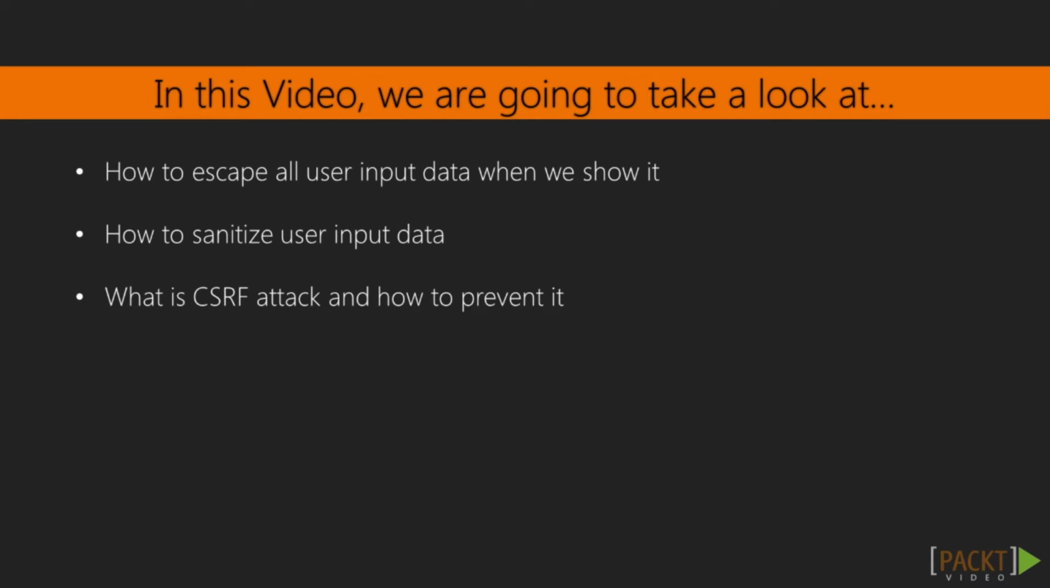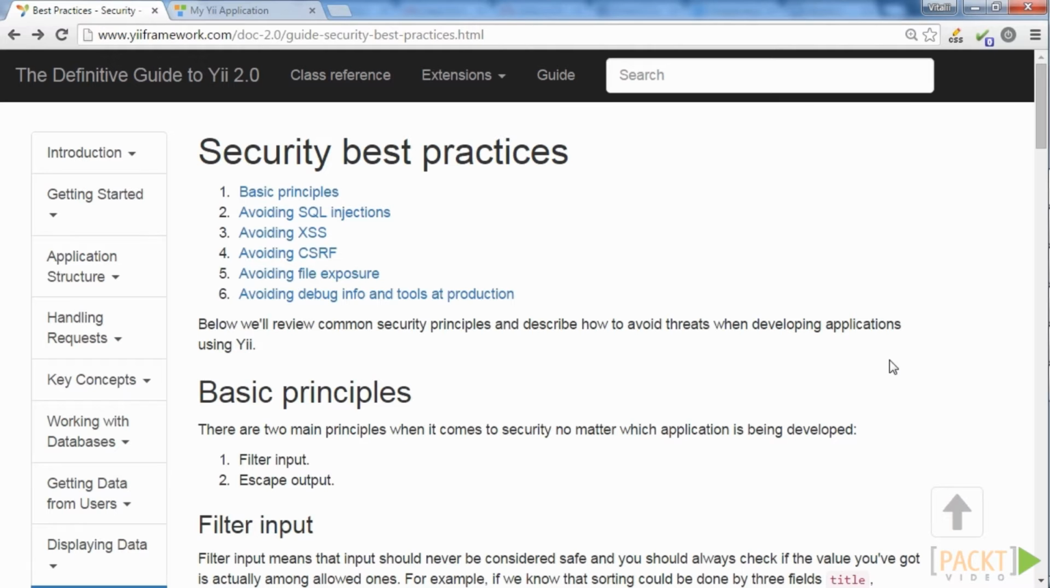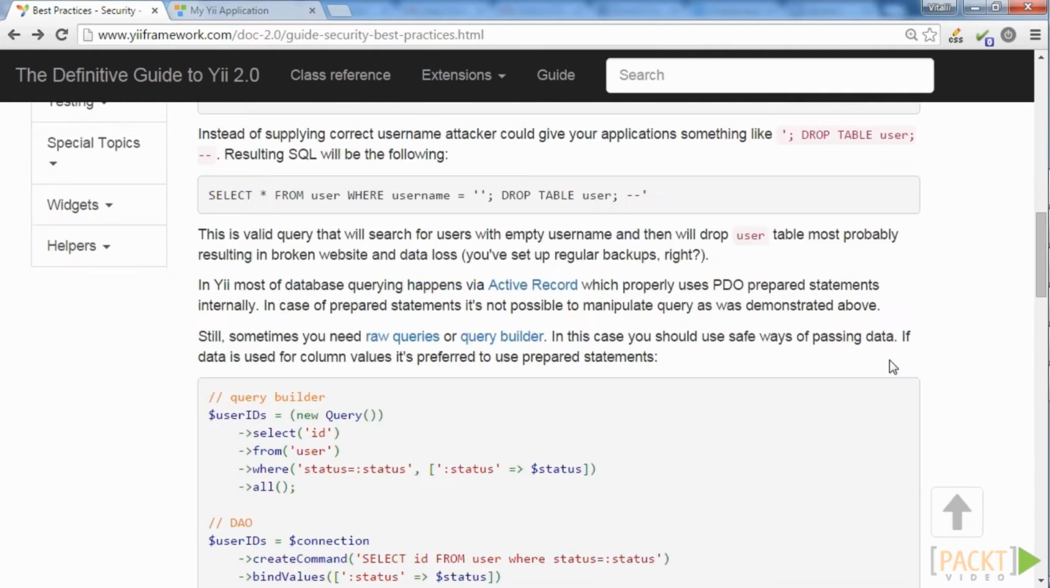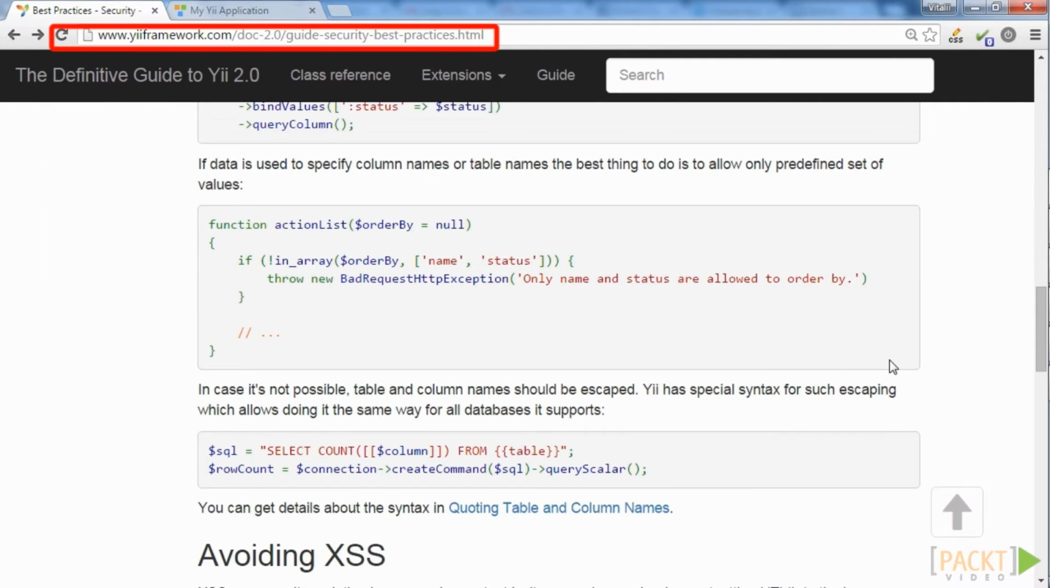In particular, we will see how to escape user input data when we show it, how to sanitize user input, what CSRF attack is, and how to prevent it. You can find all the main instructions on how to improve security of your application at the webpage www.yiiframework.com/doc